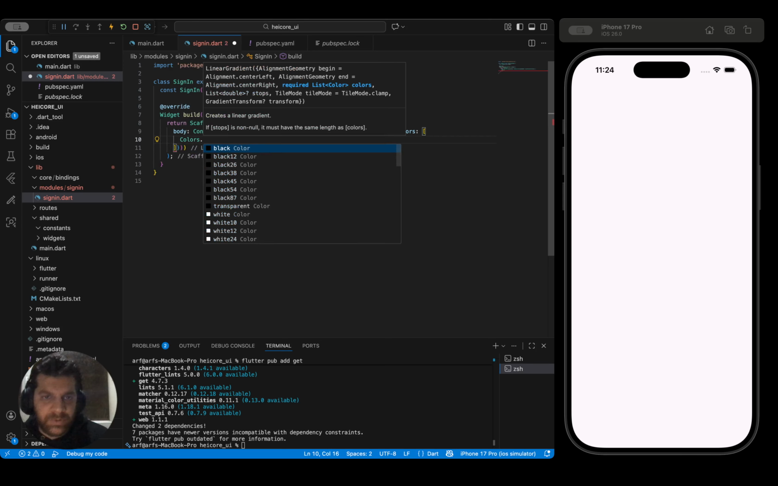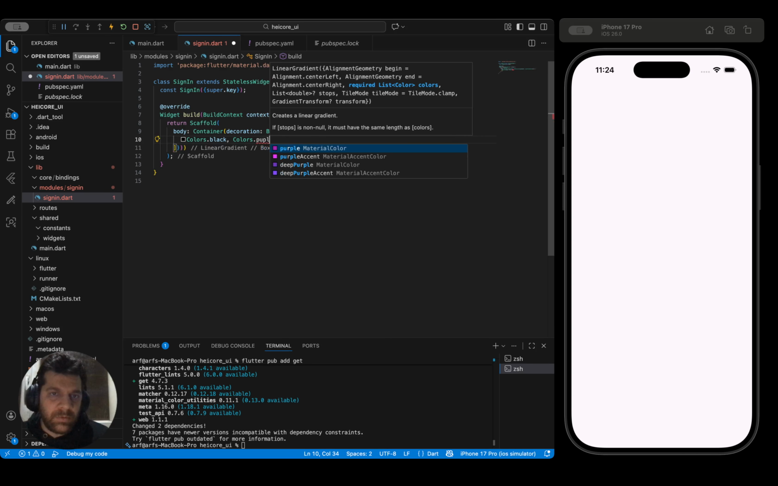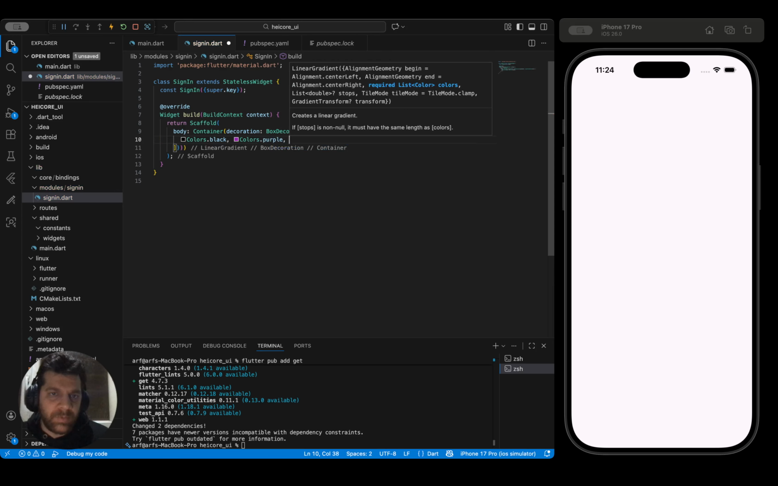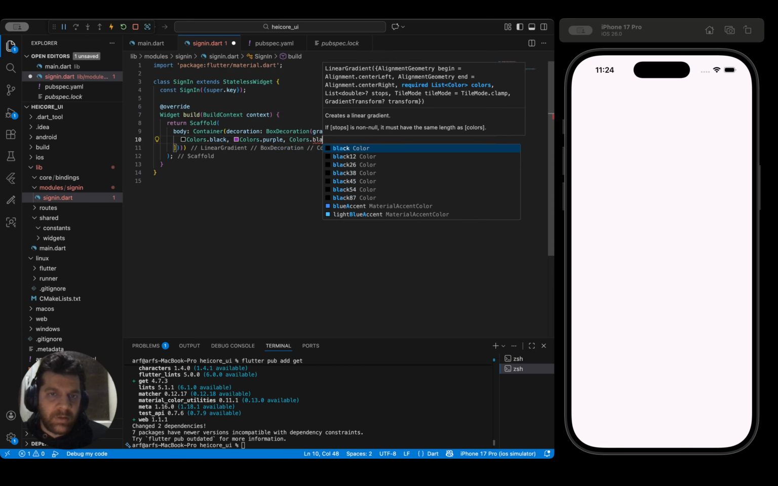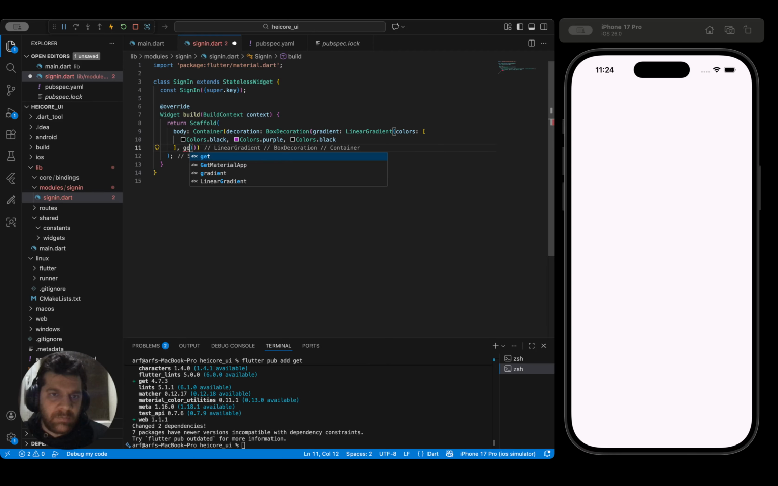We have the first one, which is going to be black, and the second going to be purple. You can choose any color you like, guys, but here I just wanted to go with the purple. And after this you're gonna have a black, and we're gonna have begin of this color,